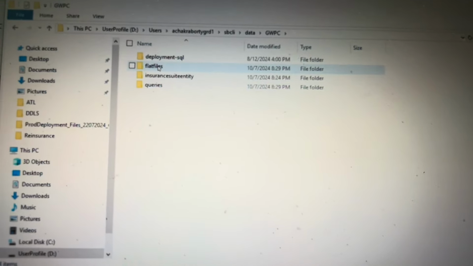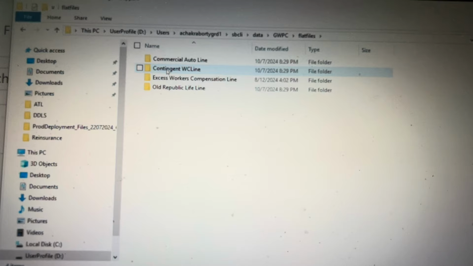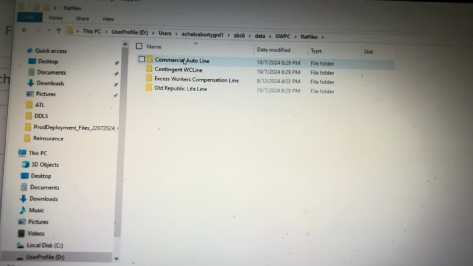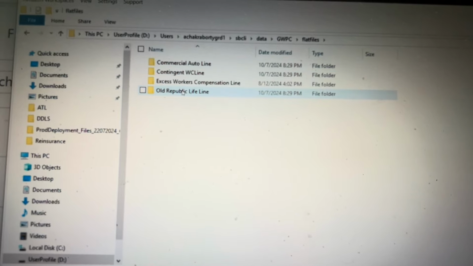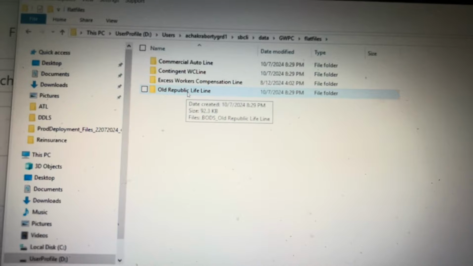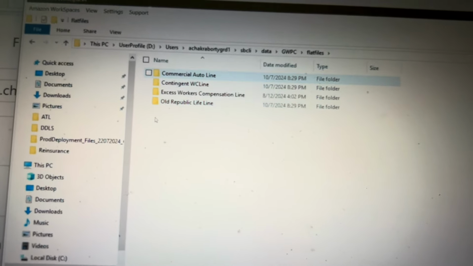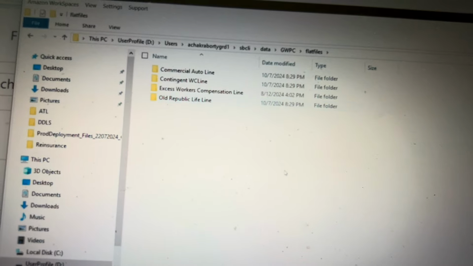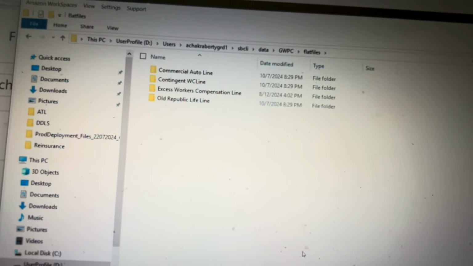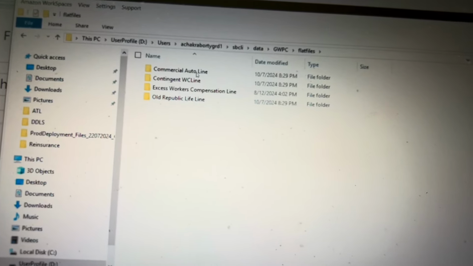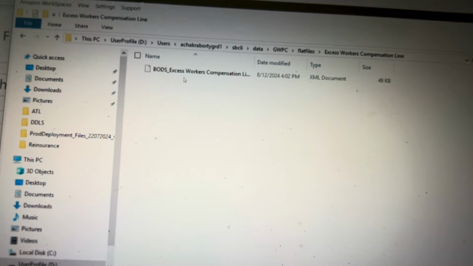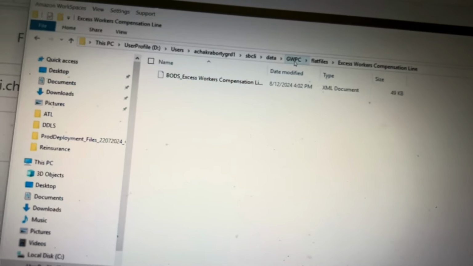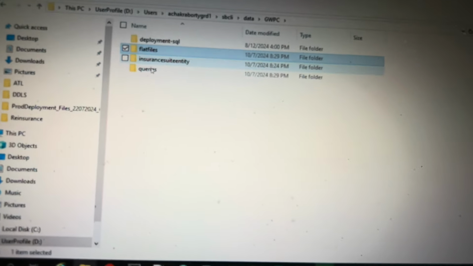Generate SBCLI. If you open this, I'm seeing these LOBs got generated successfully. For the ones that are not generated, the folder creation will not happen. For those, you have to figure out why they are failing and analyze. This is flat file.